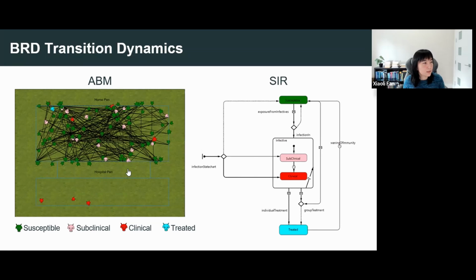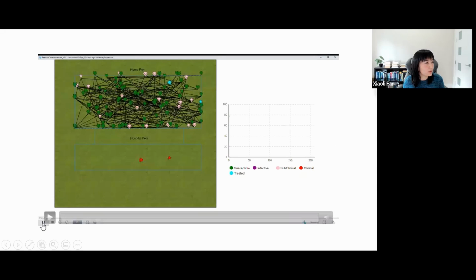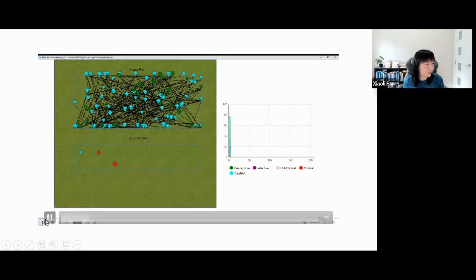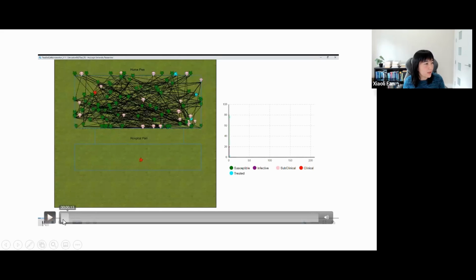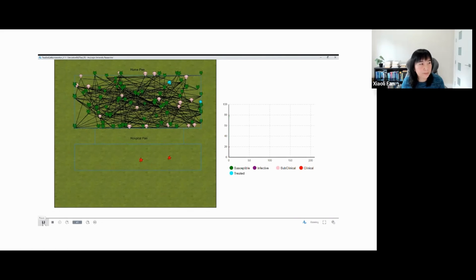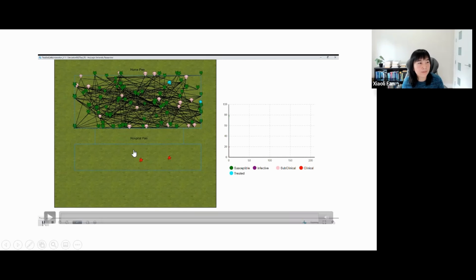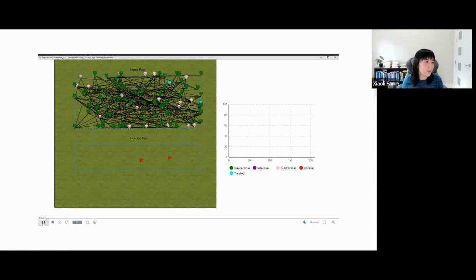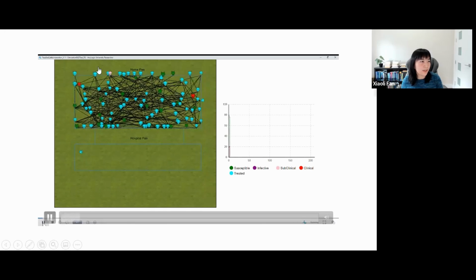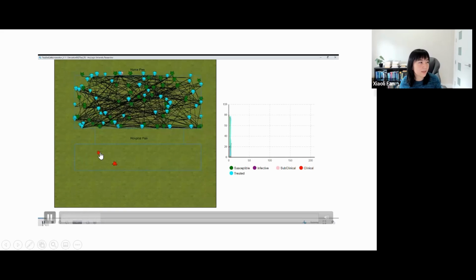Let me show you. I hope this will work here. Let's see. So this is how our model runs. Let me go back here to the beginning. From the beginning, you can see there's a lot of pink cattle, which are the subclinical ones. And usually once they arrive at the feedlot, they will be treated with antimicrobials. And then you will be able to see instantly they will turn blue. That means they are treated. So here you can tell that they are all treated, and the red ones are